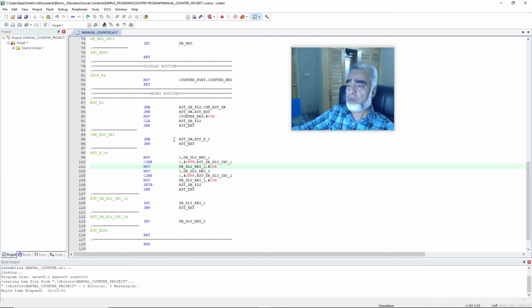But if the reset switch is pressed for more than 0.19 seconds, then this flag, that is the reset db flag, will be set, and our program will come to the next line and check if the reset switch is still pressed or not. If the switch is still pressed, then our program will exit from this reset routine, and when the reset